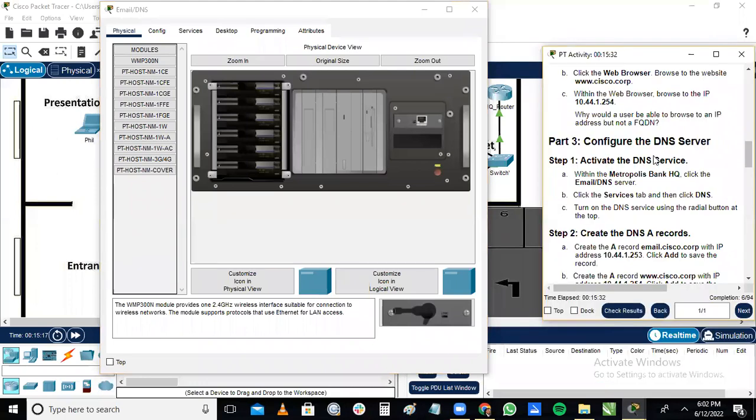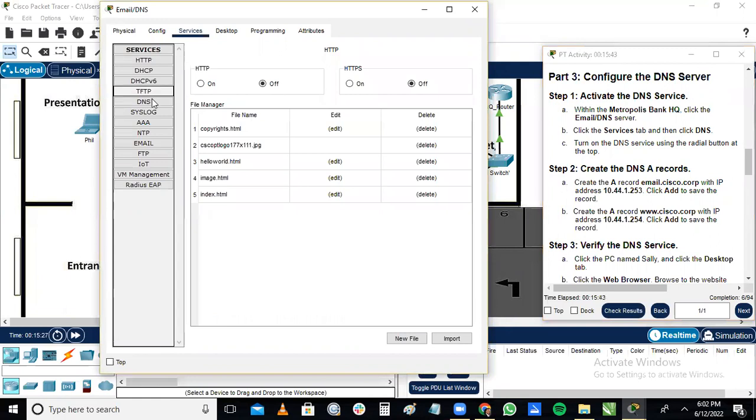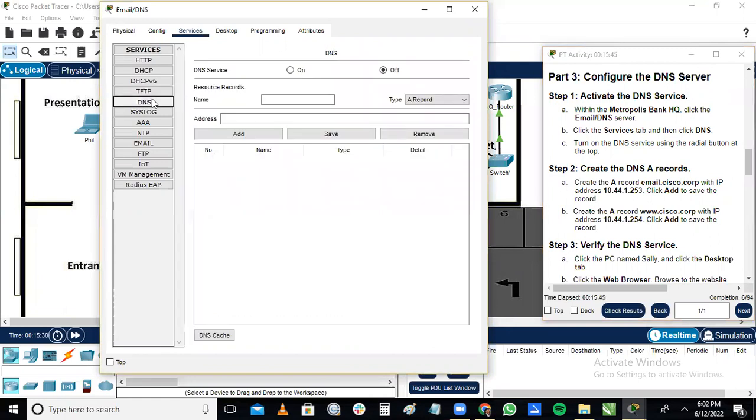They said, click the service tab and then click DNS. So I'm clicking the service tab and I'm clicking DNS. All right. After that, they say turn on the DNS service using the radio button at the top. I'm going to turn on the DNS service. What do they say next? They said create the